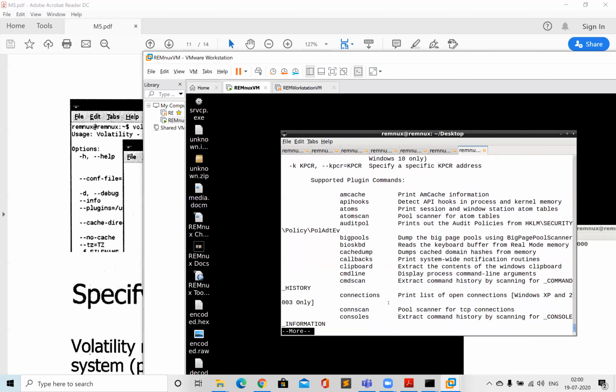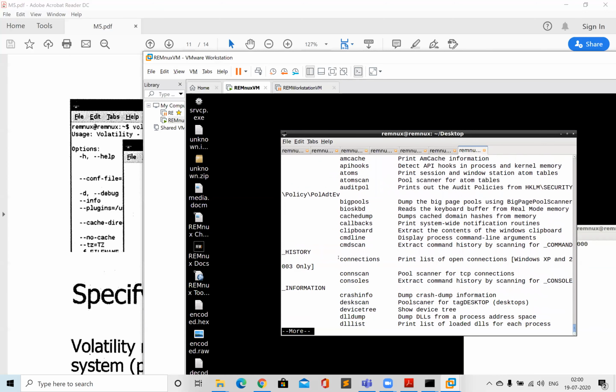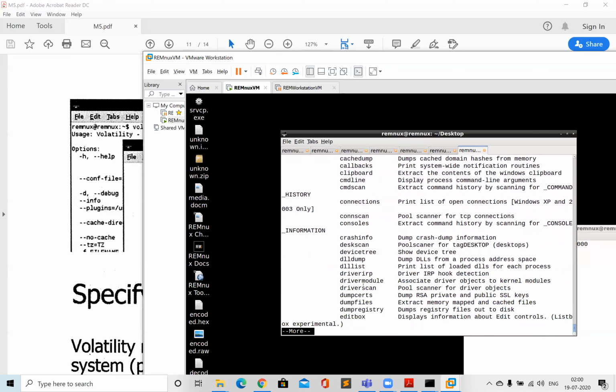You can get connections, like what all connections were made from that system. The network connections you can get by running the connections plugin. The connscan will also help you in getting that. Then there is dlllist, which will give you what all processes are running and what DLLs they are using internally. What all drivers are there, what all certificates are there.